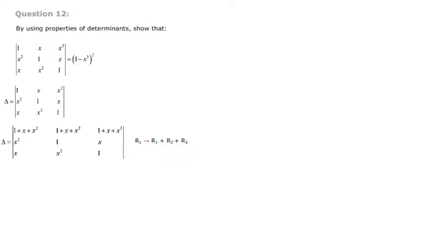If I do the operation, the determinant will change with 1 plus x plus x square. Means you are adding row 1, row 2, row 3 and writing it as row 1. Then here 1 plus x plus x square is written, and again here 1 plus x plus x square is written. So you have to write it in a particular order so that it is easy for you to identify the common elements. The second row remains the same, and the third row also remains the same. Now when you look at the determinant, 1 plus x plus x square is common in the first row. Please take it out, that is 1 plus x plus x square into the determinant.